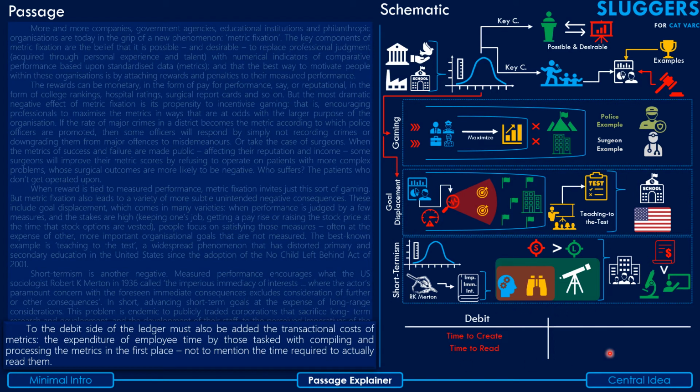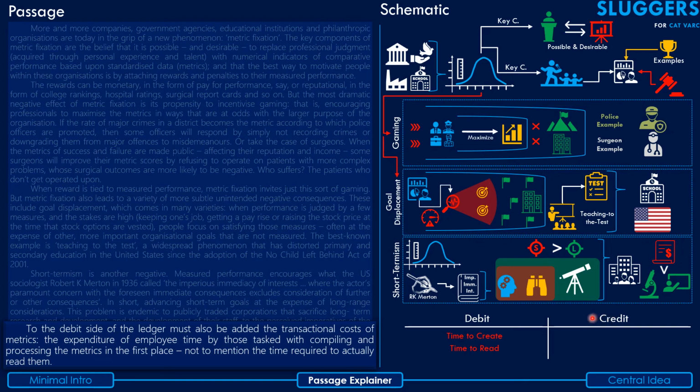So, guys, many of you might have been a little flummoxed by why he uses this terminology of debit and ledger here. So, guys, I'll try to explain that to you. See, he has used the terminology of a ledger and the debit and the credit side. The credit side is implicit here, and he's directly talking about the debit side. The debit side is where you list out the resources which were used to create the metric system, right? And the credit side in this case is the outcomes that were derived after creating the metric system.